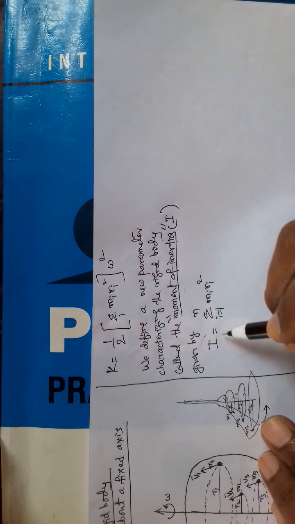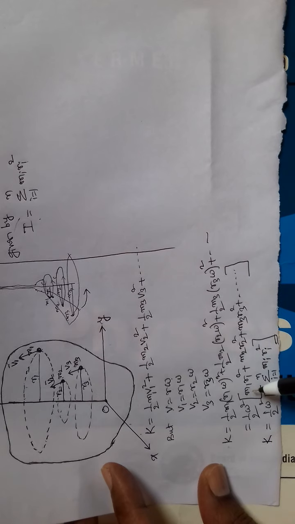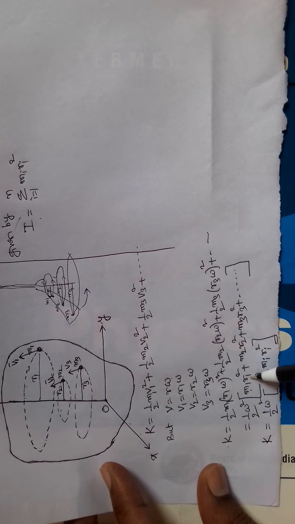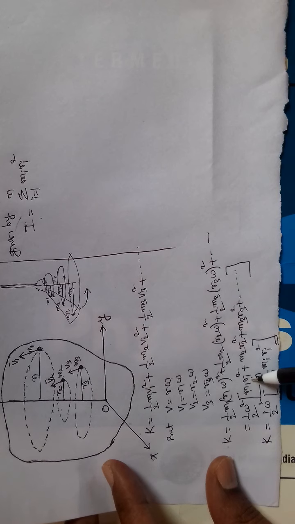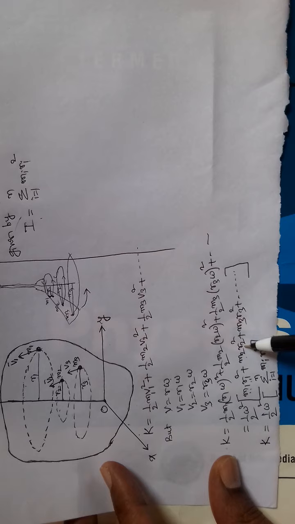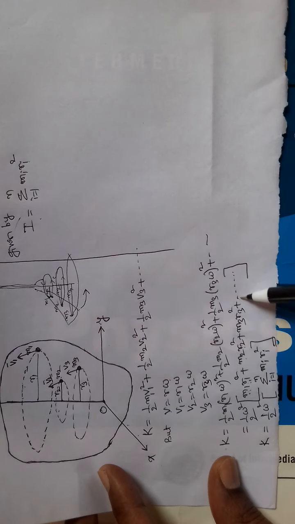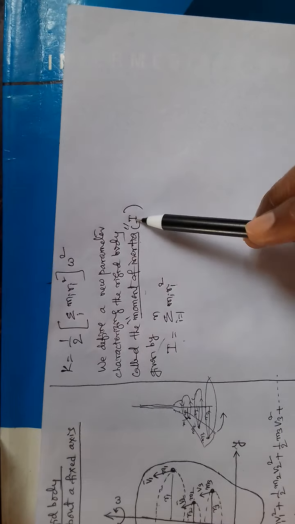See, moment of inertia is nothing but, we can understand very easily here in this equation, mass into perpendicular distance squared. This is for one particle, mass into perpendicular distance squared, mass into perpendicular distance squared, like that. So for all particles you consider mass into perpendicular distance squared and add, and we get the new parameter called moment of inertia.